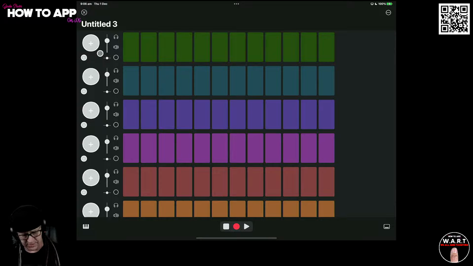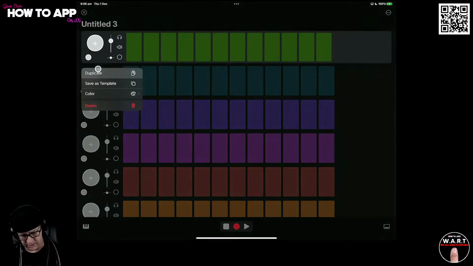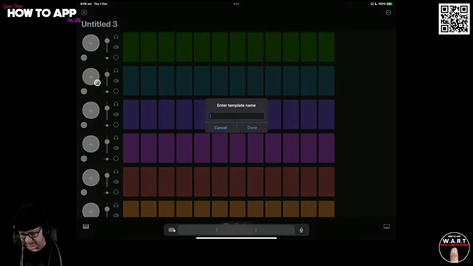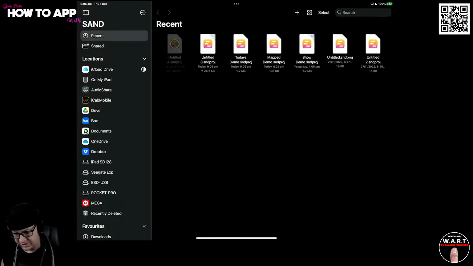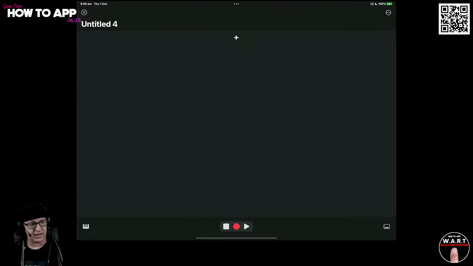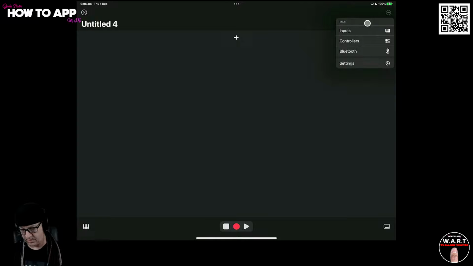And then from here, this menu as well, we can save as a template. Name your template and just call it, new song. Boom, done. So if we start a brand new project, we come straight into a new project, go up here,